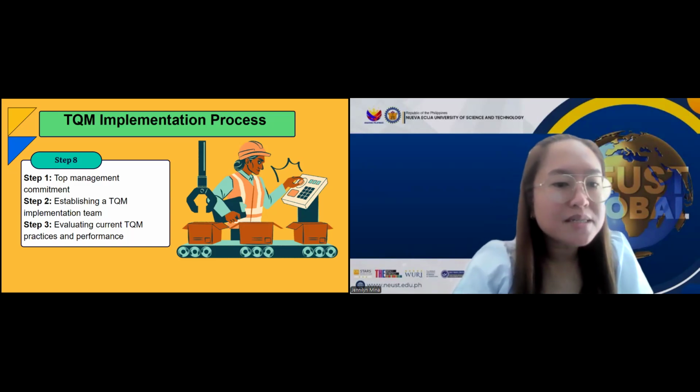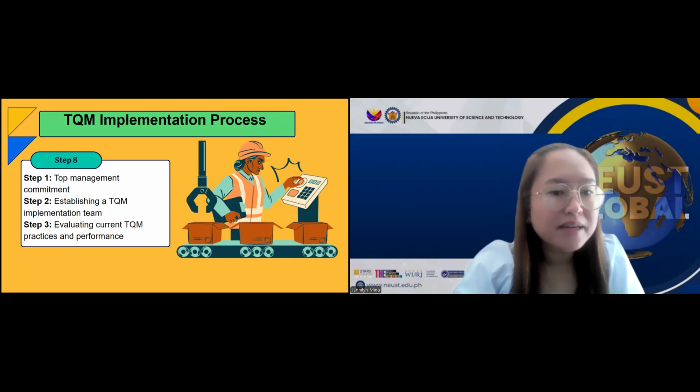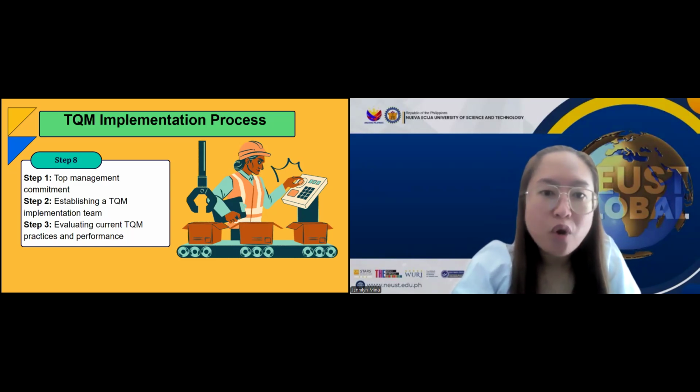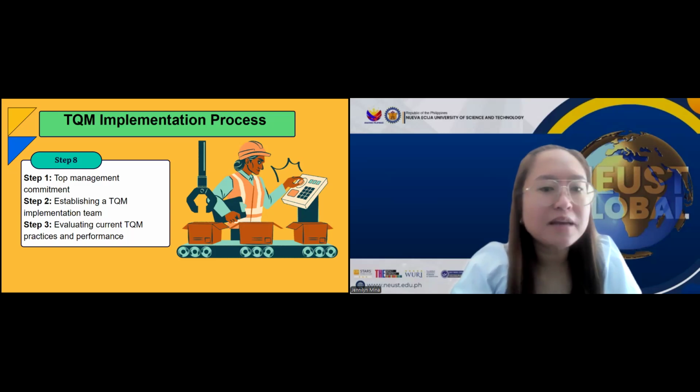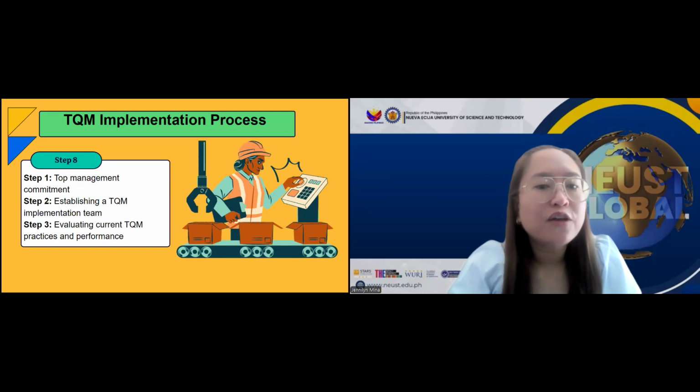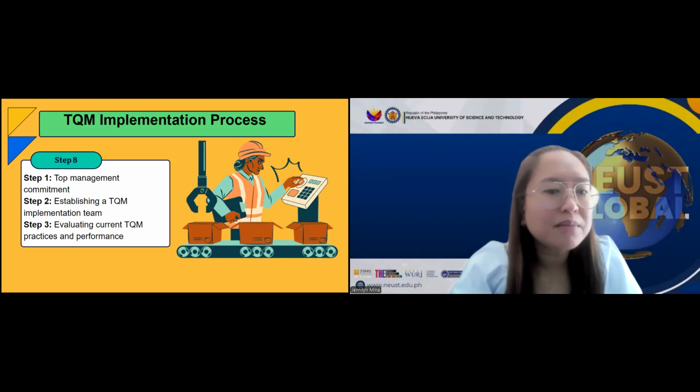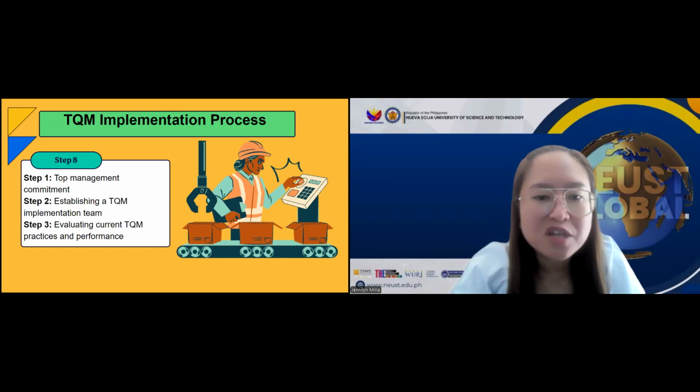Step 2 is establish a total quality management steering team. A dedicated team is formed to lead and guide the total quality management process. This team ensures that all employees align with the quality objectives. For example, General Electric successfully implemented Six Sigma. They formed a dedicated quality team led by trained experts called black belts and green belts to oversee the process